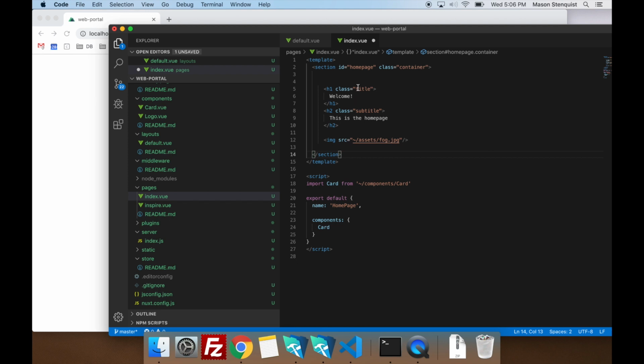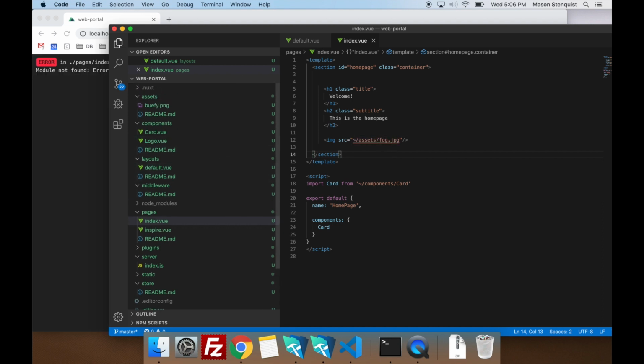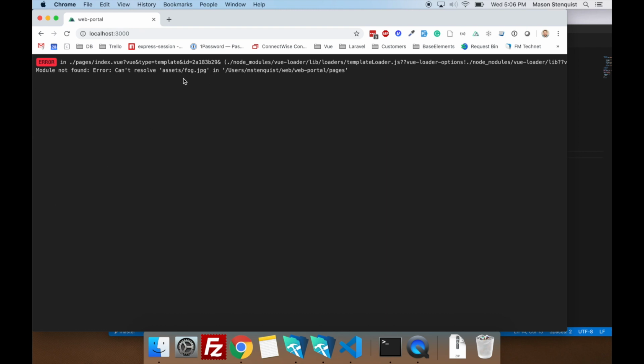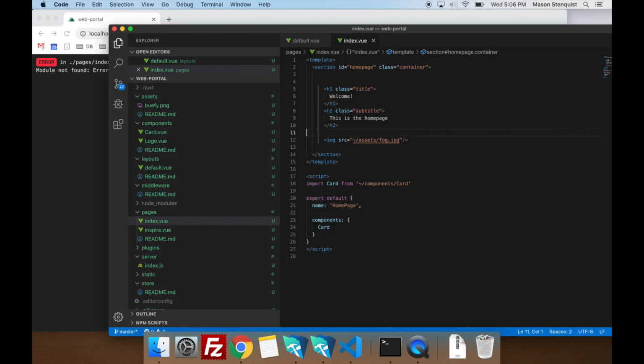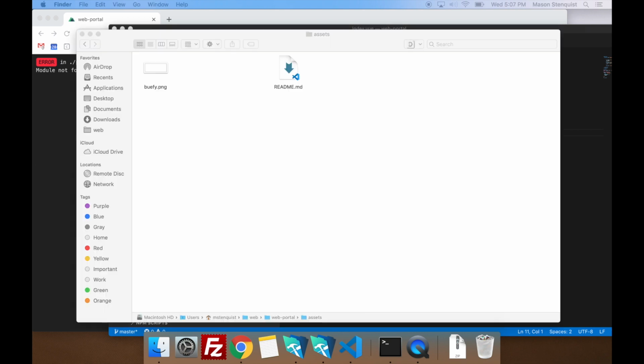We're going to have a title, a subtitle, and then we're going to pull in an image from our assets folder. Right now it's saying it can't find that. I haven't imported it yet, so let me download that. I'll save our image, and all right, there we go.